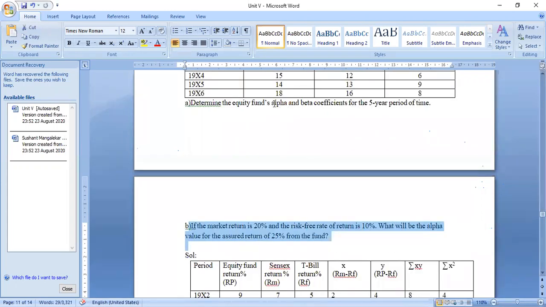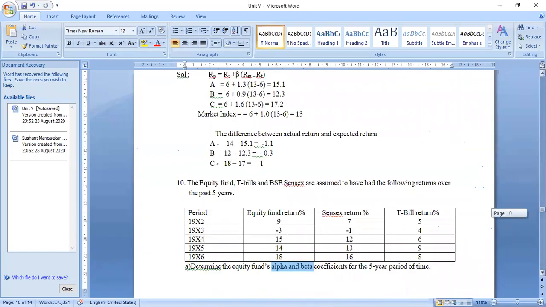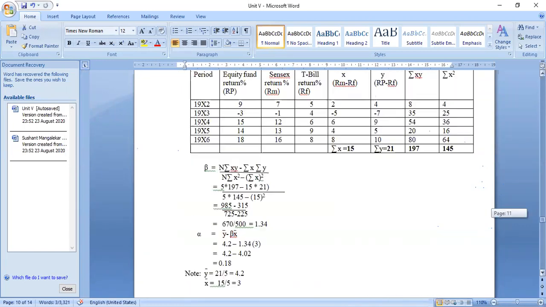Okay. And here sub question B is trying to connect with sub question A, because here also you have calculated alpha and beta values, but what are they trying to say? If the values are changed, what would be the value of alpha? So there we cannot connect with some other formula. No doubt Jensen alpha will give you the value of alpha here because you have all the variables that you need for that particular formula, but we cannot use some other formula here when you are connecting with the beta value formula. When you say beta value formula here, why have we taken this? Because we are given a number of different periods.